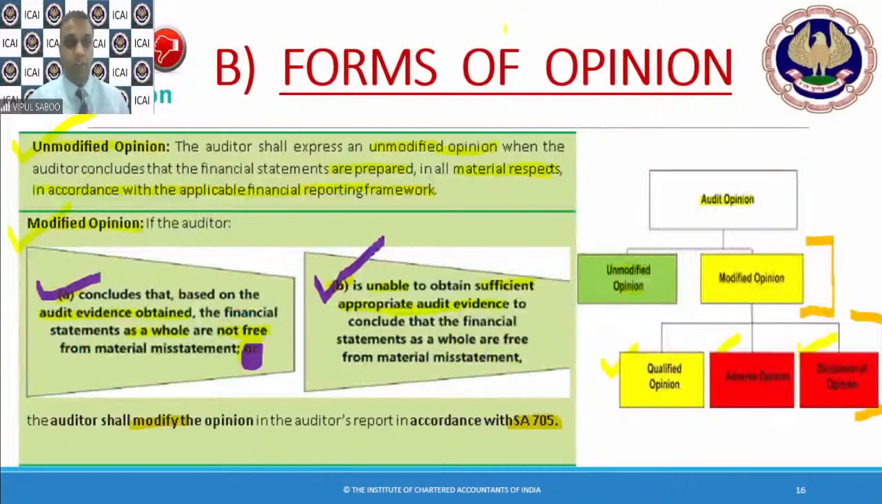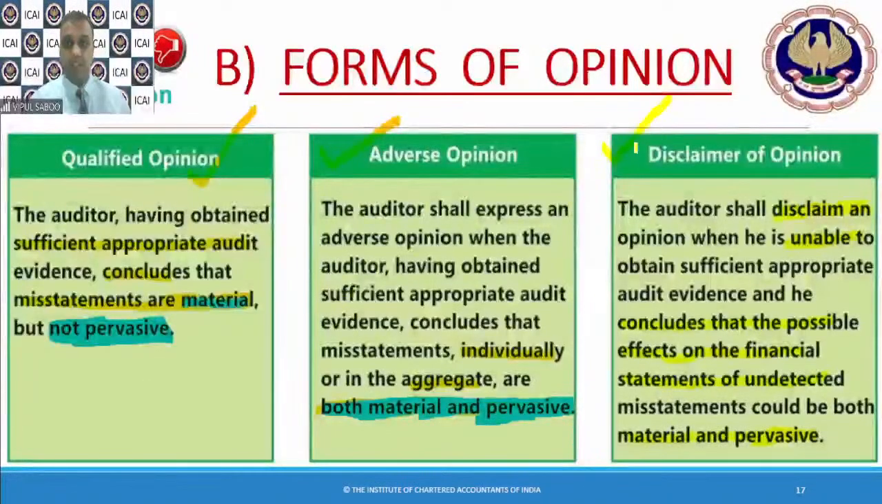That was the first case here, modified opinion. So part A is related to qualified and adverse opinion, and part B is related to disclaimer of opinion. Auditor is disclaiming himself. He is not claiming his own opinion. The auditor shall disclaim an opinion